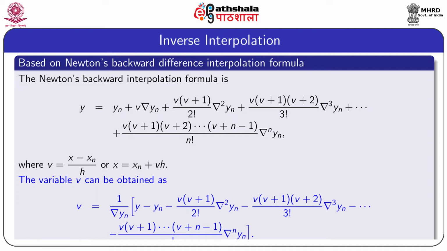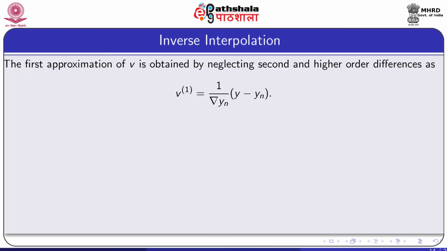The last term is minus v into v plus 1 up to v plus n minus 1 whole divided by factorial n into nabla n yn. So, the value of v is obtained from the second term of the right hand side of Newton's backward interpolation formula. The first approximate value of v is obtained by neglecting second and higher order differences, and that means